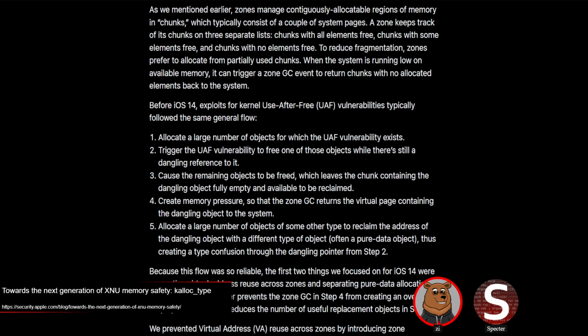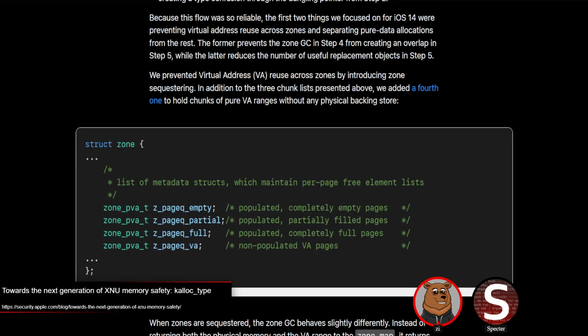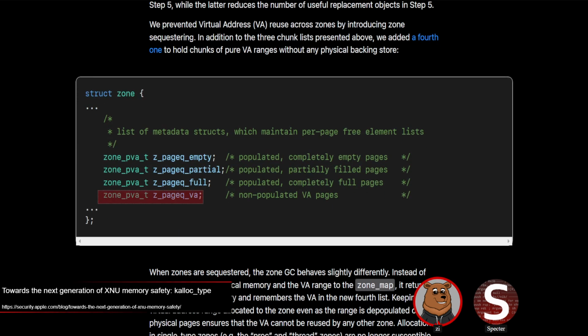Basically, they still hold on to the virtual address. So whenever the zone gets allocated, it'll hold on to the virtual mapping that it gives it. That address will still be held, and it'll just free up the backing chunk, and it adds a little bit of extra memory usage as it needs to track that. In these, it basically lists the non-populated pages. I did think it was interesting they were willing to make that slight give in terms of having the extra lists being tracked in order to hold on to those addresses,